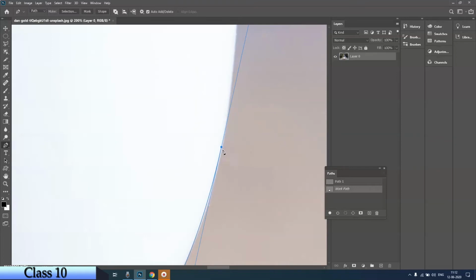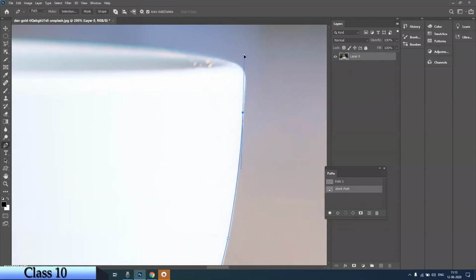Now the benefit of this is if you have some images which have rough edges, this gives you the privilege of making the edges smooth because you're working on the curve. So let's do it till here.